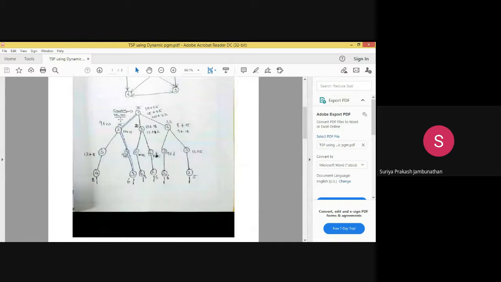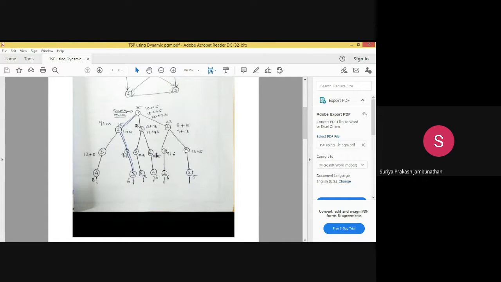Next, what we are doing is, for the node above, down to the root node, we are going to identify the values. When you take 2, we have two paths, via 2 to 3 one path, via 2 to 4 one path. The same way node 3 also has two paths, 3 to 2 and 3 to 4. When you take 4 we have two paths, 4 to 2 and 4 to 3.